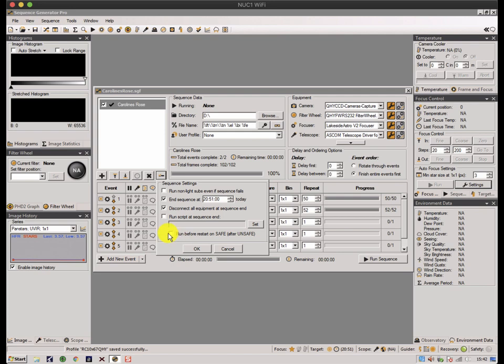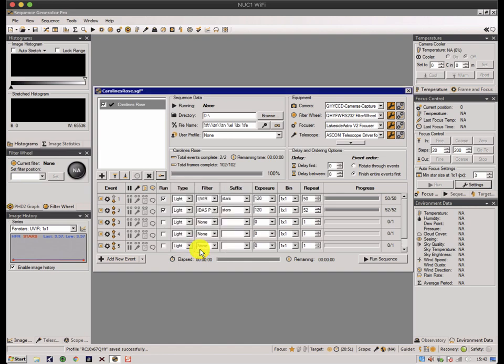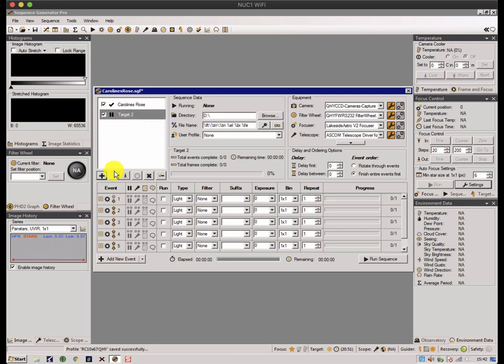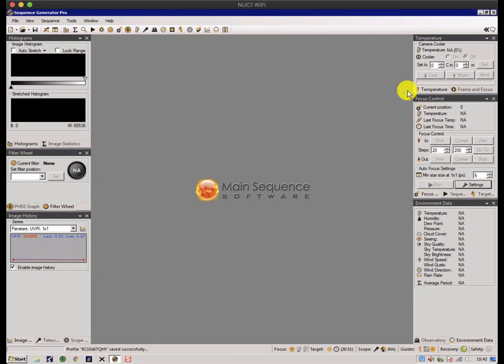And the other thing here is you can run a script also before you restart on safe, which is a fairly new feature. So if we want to create a new target, there are a number of ways of doing it. So for instance, if I just create a new target, doesn't matter what it's called, and then close this down,